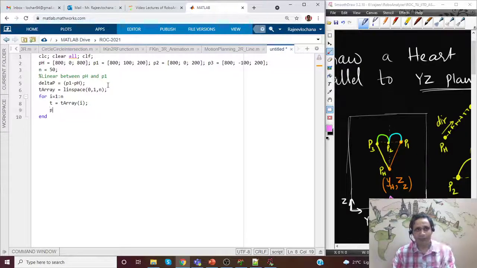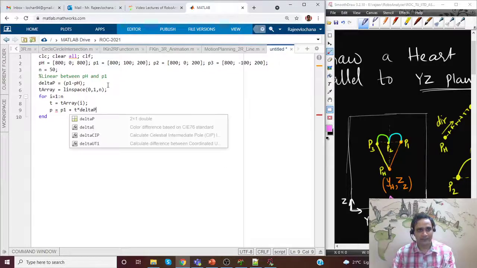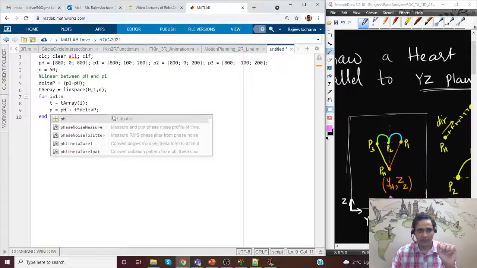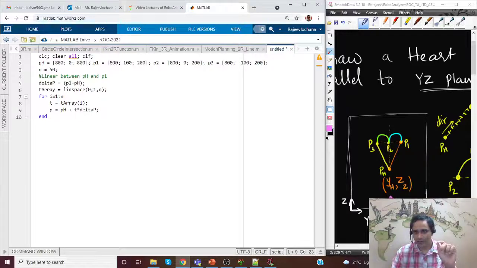Okay, the current point is say p, which is PH plus t into delta p. This is linear interpolation. Please refer to the earlier video for why we have this. So if t is equal to 0, the point is PH.